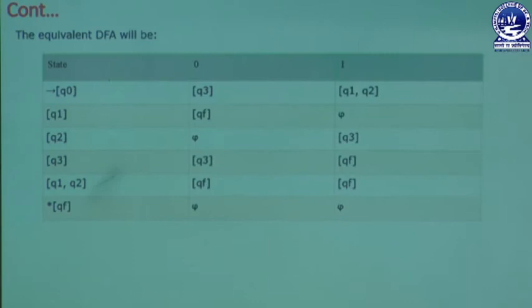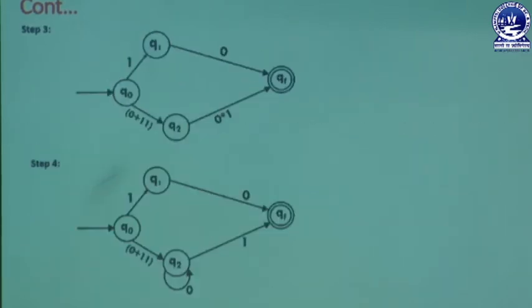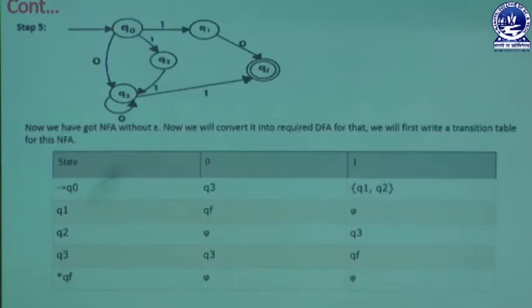But in the previous diagram it looks like this type, just you can focus on that. Q0 can be taking 0 plus 1, so it can be converted to, there is a union property that Q0 taking 0 can directly move to Q3, then Q0 taking 1 goes to Q2, then Q2 taking 1 is known as Q3. So in this way this is a final transition diagram, but we need to create a DFA diagram or DFA transition table from the above structure.